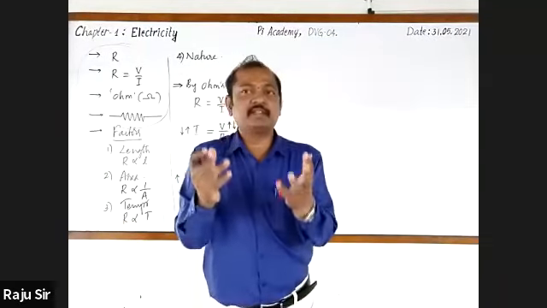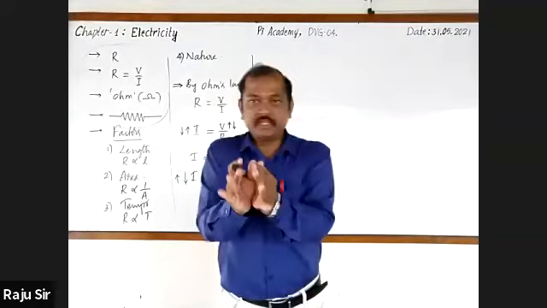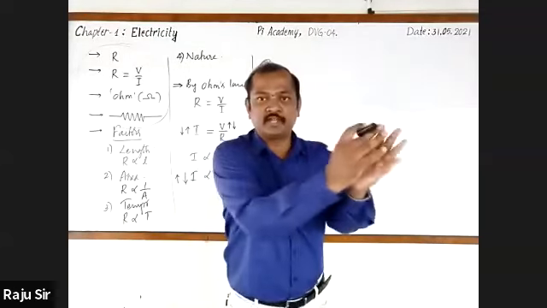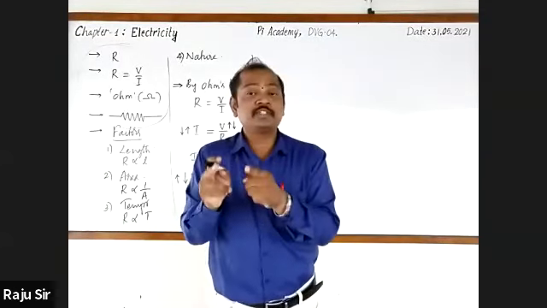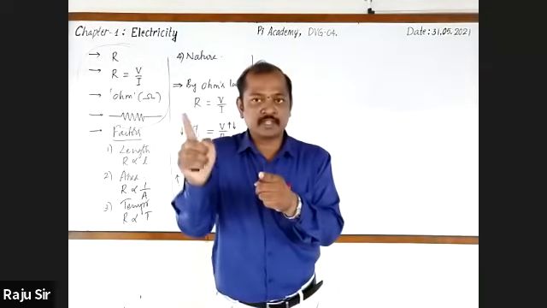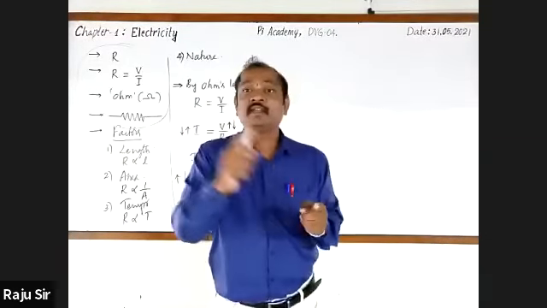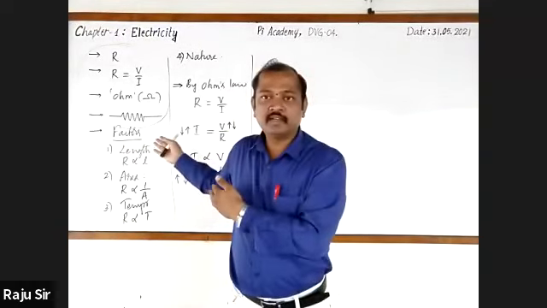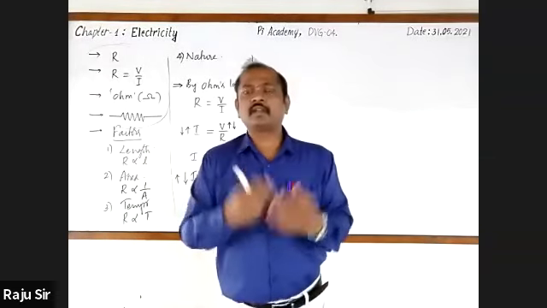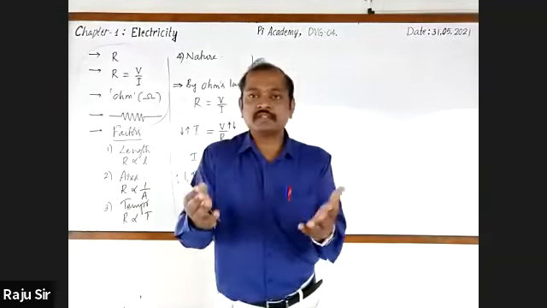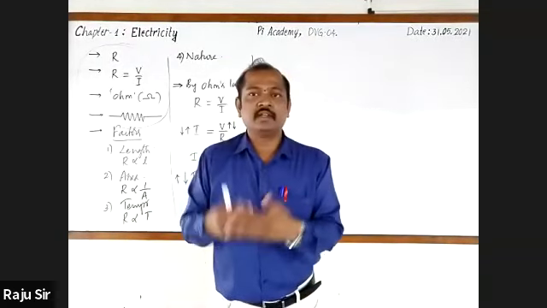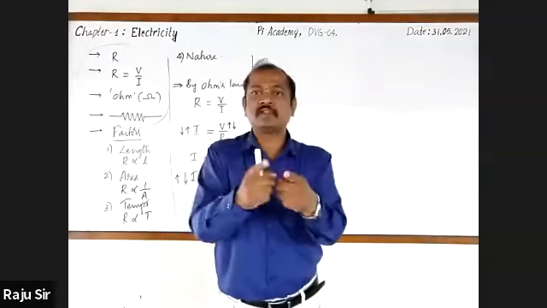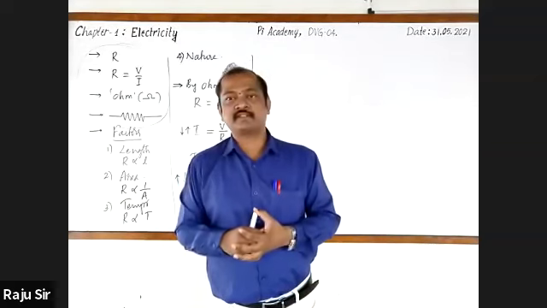Then you all may be thinking that how is this possible? We know that current depends on voltage. But here voltage is same, then current should also be same. But without changing the voltage, another factor which is responsible for changing the current is electric resistance. When you increase or decrease the length of the conductor, electric resistance changes. When you vary the thickness of the conductor, electric resistance varies. As electric resistance varies, current also changes.